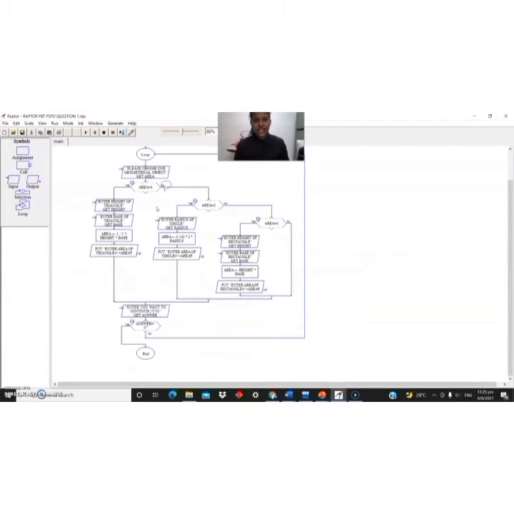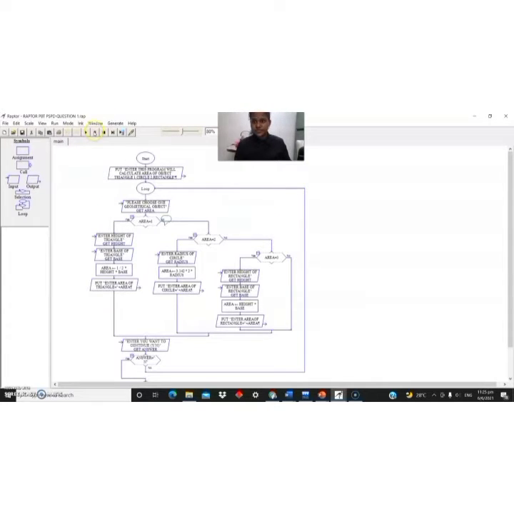So this is my Raptor that I explained just now. Let's run. Now I'm going to choose whether to find area of triangle, circle or rectangle. Now I'm going to choose triangle. Height I will put 10. Base I will put 5. Now it asks yes or no. For example, I press yes. So it will continue from the starting. That's why we put looping.